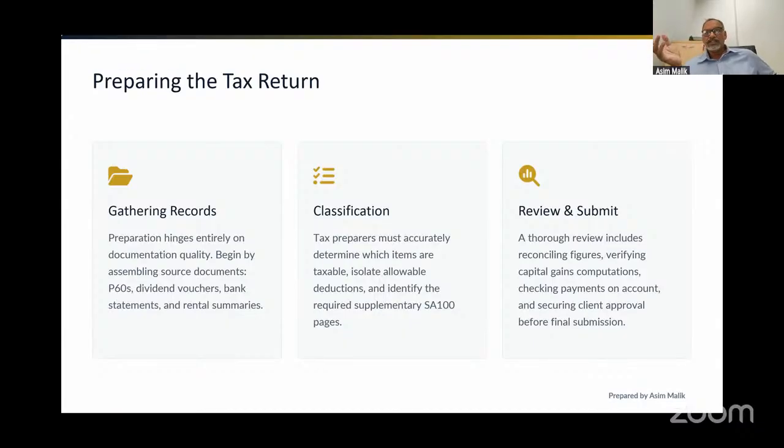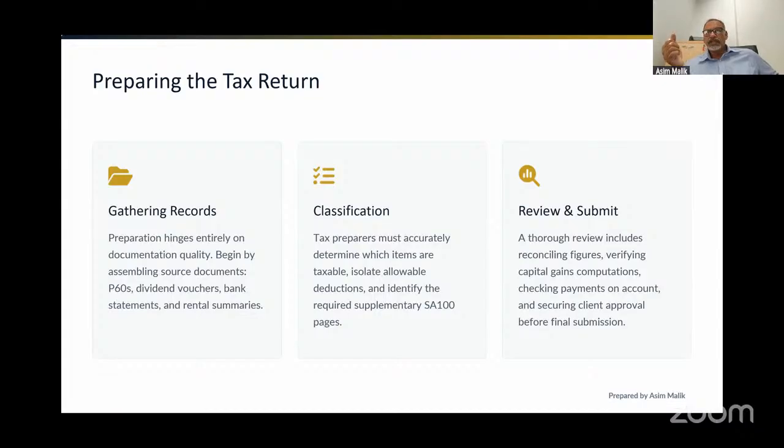So a reasonable expectation is that you at least look at the credits on the bank account and make sure there's an explanation for every material transaction. If it's a couple of pounds here or there, I wouldn't lose my sleep over it, but all the major credits should have an explanation. Figures need to be reconciled as much as possible